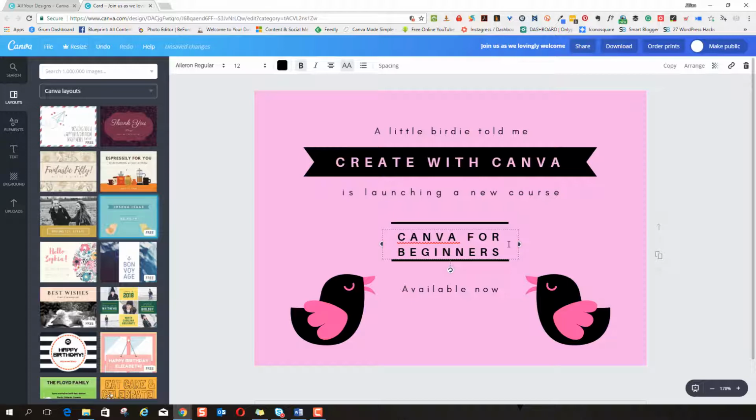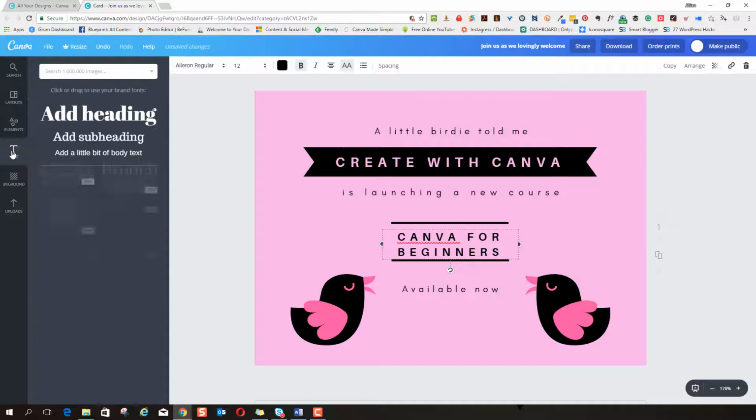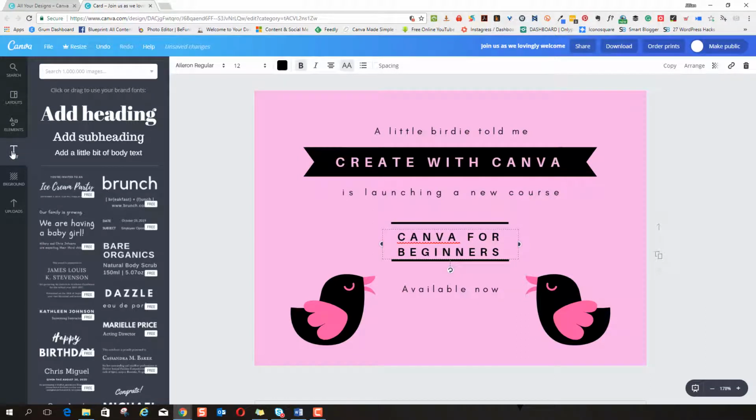Now, the last thing I want to do here is add a little bit more of my own text because there were not enough text boxes for all the information that I wanted to put in here. So what I'm going to do is go over here to the left-hand menu and click text. We get a few different options up here, just some standard ones at the top and then some more stylized ones underneath. I'm just going to add a little bit of body text, click on that, and there you go,